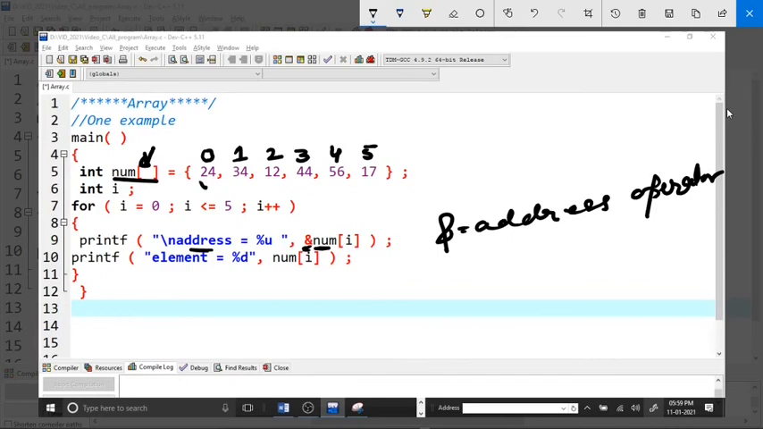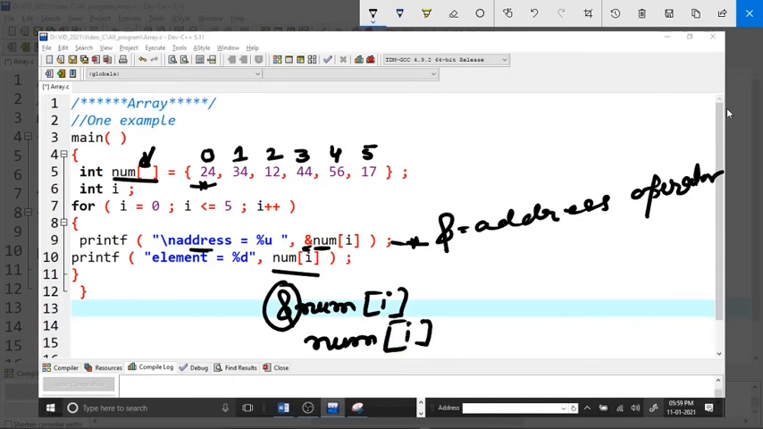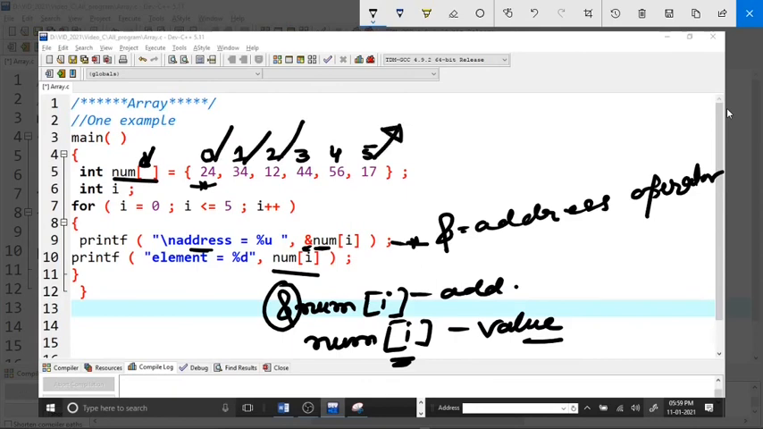Here it should print the address. Let us say this has some address that will be printed over here, and this element also will be printed by num[i]. So here you have to be a little bit careful. Whenever you want to print the address, you have to print &num[i]. This ampersand will print the address. If you don't give the ampersand, then it will print the value over there. So every element has some address, all the elements. Now if you run it,